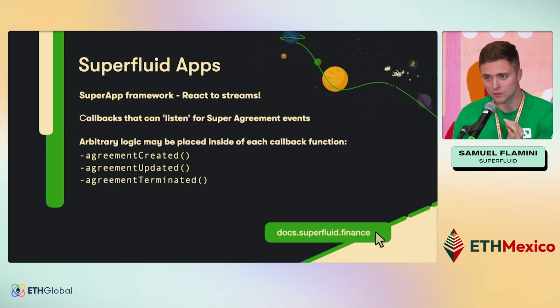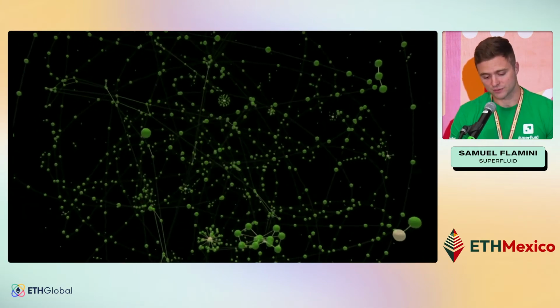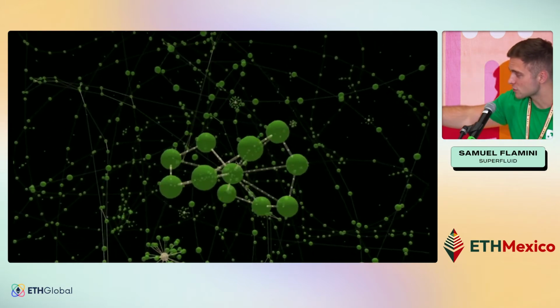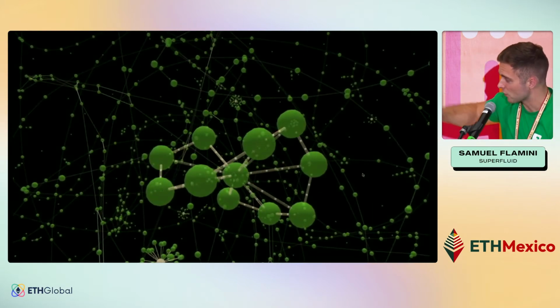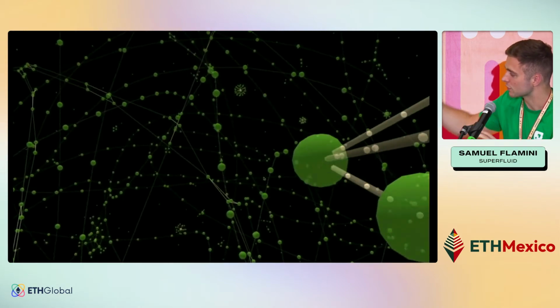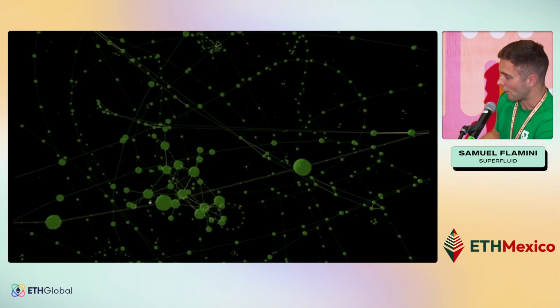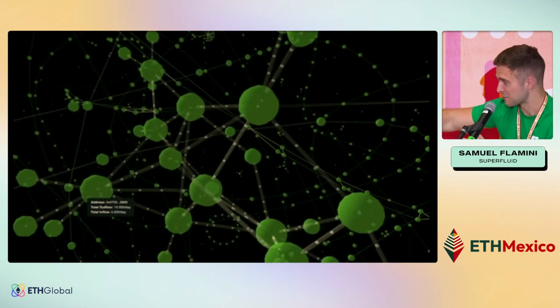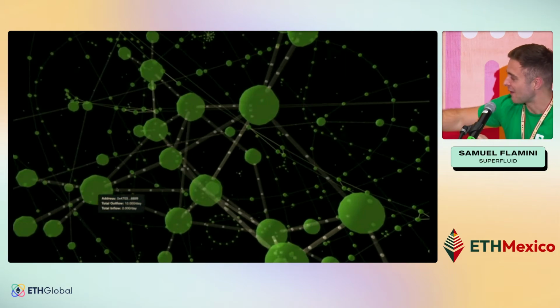You can put anything you want inside those callbacks, not just open a stream for me, you can do anything else. And what this does is it allows you to chain all of these different operations together and form a crazy network of cash flows, right? So this is Superfluid right now as it's deployed on Polygon, with each individual node representing an account and all the connections between nodes representing cash flows, right? So all of the teams that are building products on top of Superfluid are participating in this giant network of cash flows. I'm actually impressed that it rendered properly because this is a lot of information, but it's really cool.